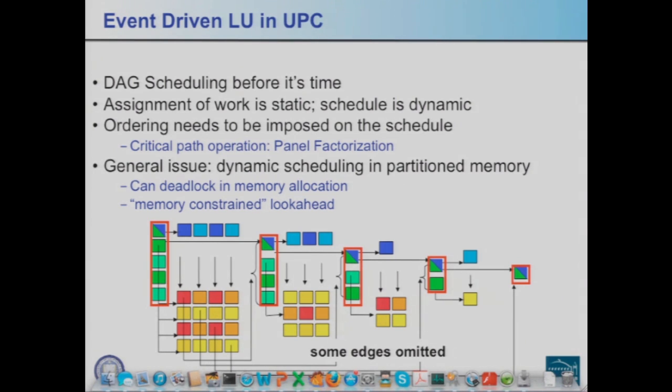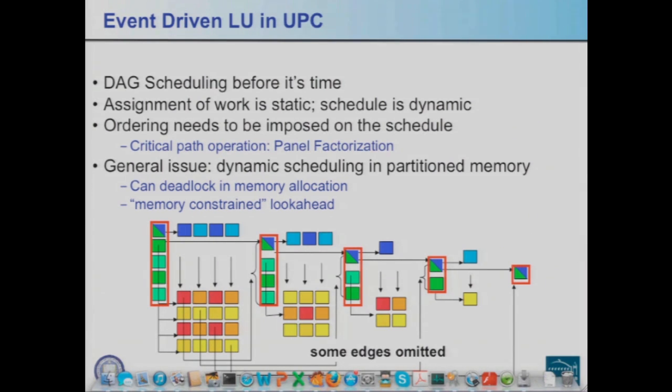And you allocate a bunch of extra memory in order to allow for the incoming green and blue blocks to store them so you can do the trailing matrix updates. So the same thing is done in the UPC implementation, except that it's all event driven. In the UPC implementation, it's actually done with a Berkeley UPC extension of UPC, called semaphores, where you can send the data and there's a little lock that happens on the remote side. The whole thing is written in this more event-driven style, and the idea is just to keep the processors